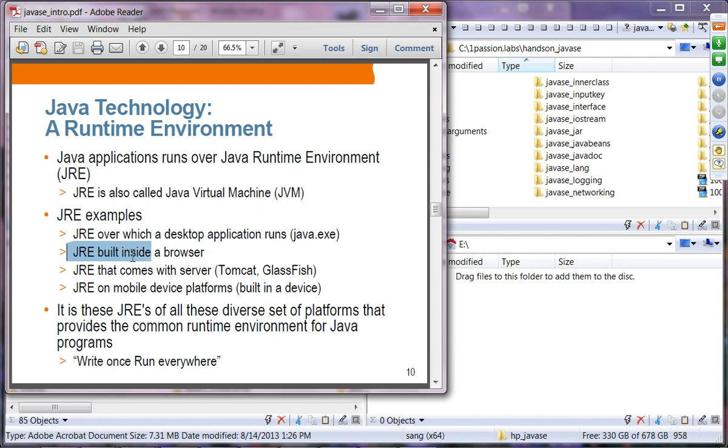Same thing here: if you write an applet, that applet should be able to run on any browser on any platform. If you write a single Java EE application, that should be able to run on Tomcat or Glassfish or WebLogic, again without recompilation. So write once and run everywhere is confined to a particular runtime.